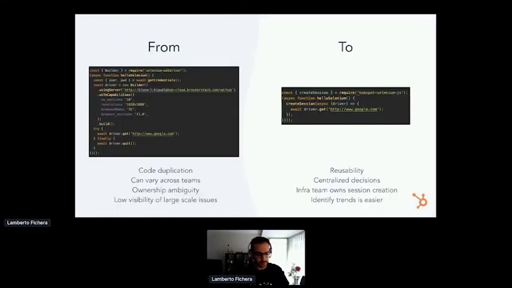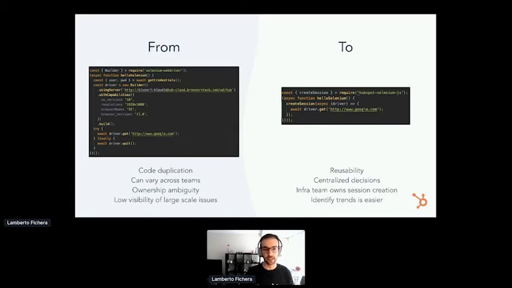Right, so in terms of building the abstraction layer, just to give a more practical example, this means going from the left side of these slides to the right side. This is simplified, but on a high level, this is what's happening.